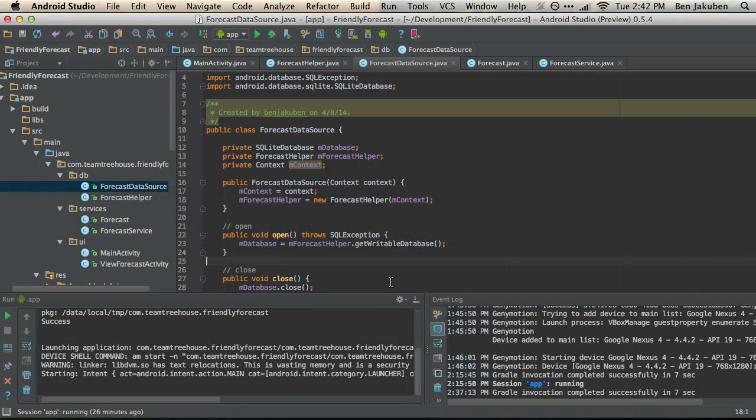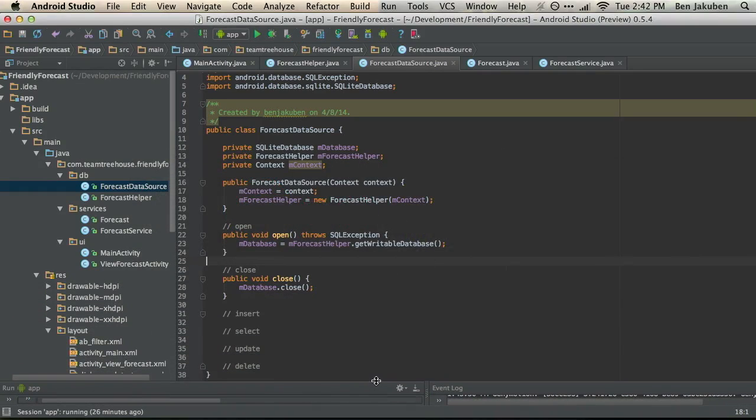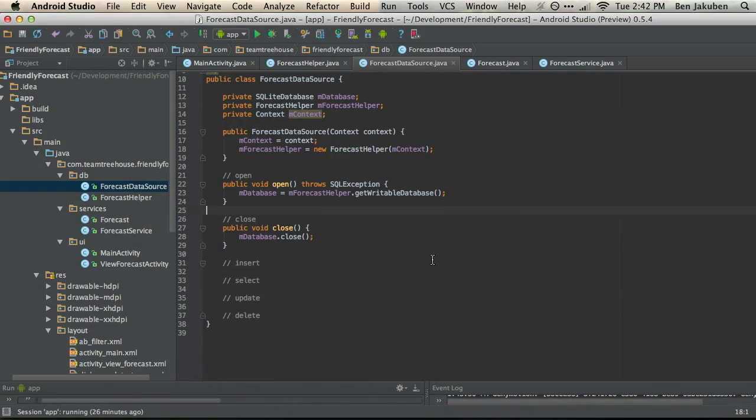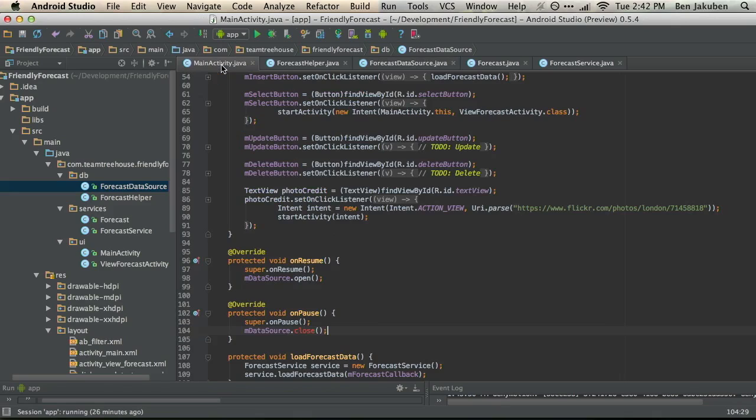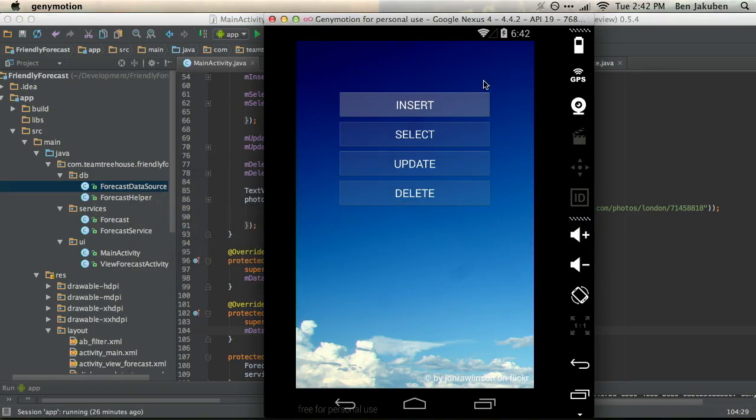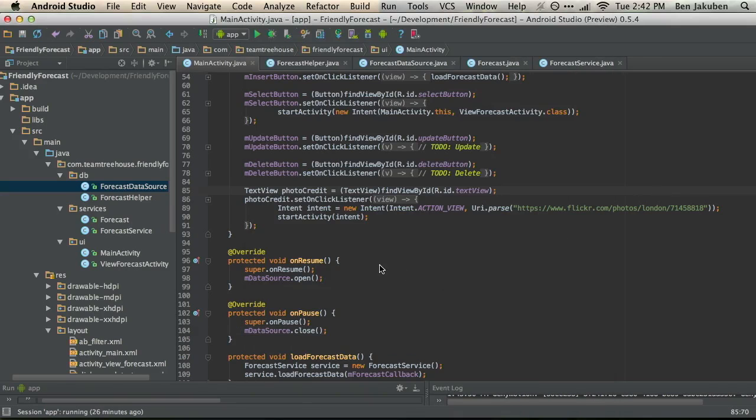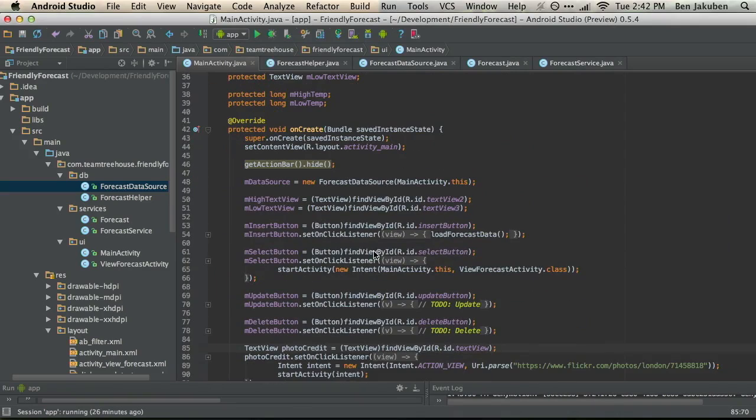So coming back to Android Studio, we're going to just work our way through this class. We've instantiated the database, we've created it, opened it, and we're closing it on pause. So now let's take a look at the insert. Let's see where we're inserting. If we go back to the app, we have these couple of buttons here, and there's nothing to view, select, update, or delete right now, so those buttons are grayed out. But let's add the code to insert. So there's an insert button,